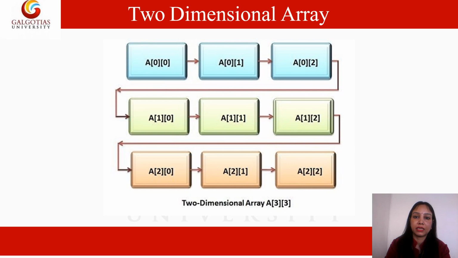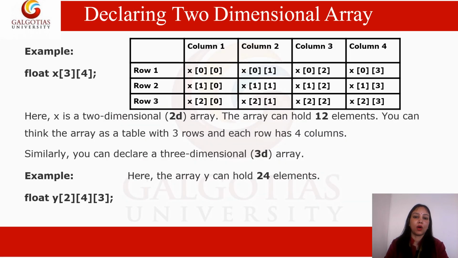You declared that suppose in your particular 2D array you are mentioning that row is 4, so the last array index will be 4 minus 1, that is 3. So in this way we can declare a two-dimensional array. Now, declaring the two-dimensional array means how we are going to declare a two-dimensional array while writing a program.